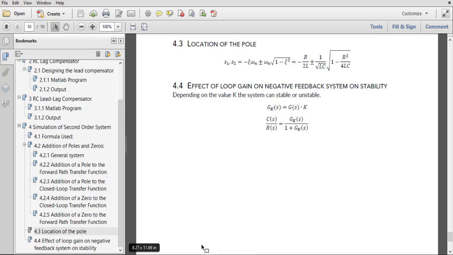We are not going to plot the root locus here. The root locus plot is later, in a later experiment. Here you are going to plot the time response itself. So what we do is add a k factor to the previous forward path transfer function, converting it to a new forward path transfer function Gk of s. Now using that Gk of s, we calculate the closed loop transfer function. This is the same thing as we have done in the root locus plot.